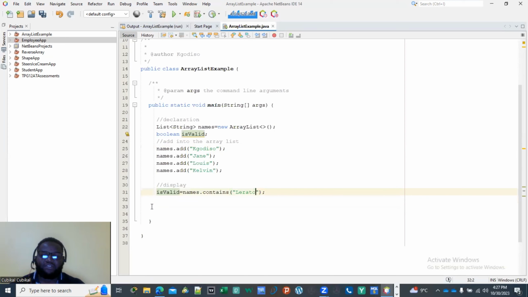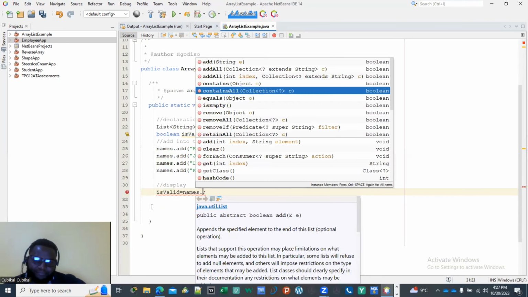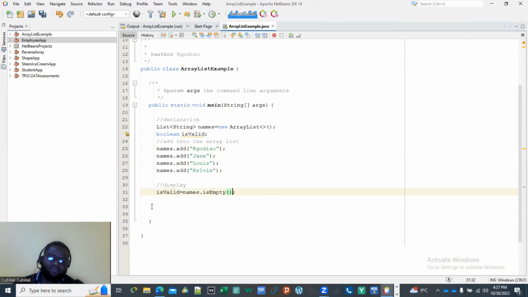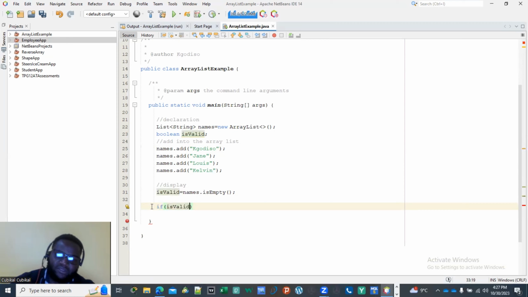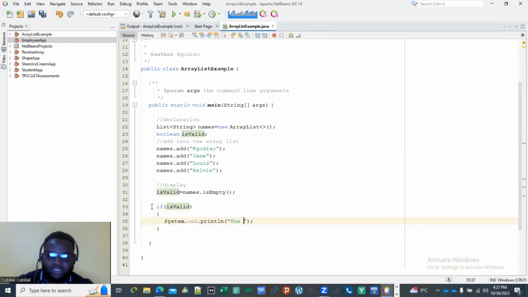And let's see the other one that you can use. There's a couple of them that you can use and play around with. So you say dot isEmpty. Then this is going to tell you whether it's empty or not. Then we're going to say if isValid, then we're going to say System.out the list is empty. Else,